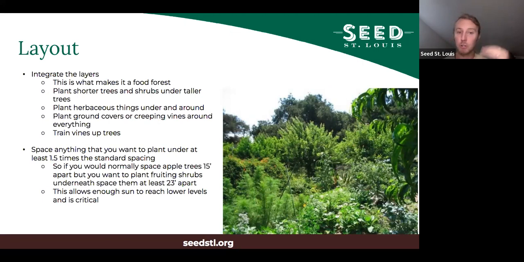So plant shorter trees and shrubs under taller trees. Instead of having big tree and then little tree, tuck them in a little bit. Plant your herbaceous layer under and around your trees, your shrubs, your small trees, wherever it can fit in. Plant ground covers or creeping vines around everything, have them as the ground cover. That's what they're for. And you can train vines up trees or up poles that are leaning against trees, something like that. Use that vertical space. And another critical thing,